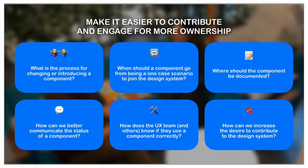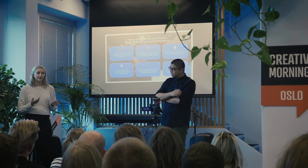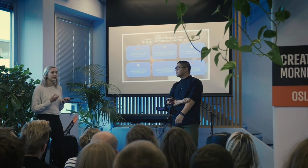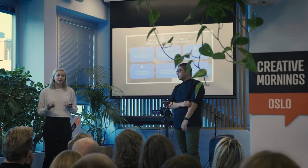So all this insight led us to 6 questions or problems that we had to solve. For example, what is the process of introducing or changing a component? Or when does a component go from being a single case scenario to being included in the design system? Or how does the UX designer know that they're using the component in the correct way? So these were all questions we had to figure out in order to reach our goal of